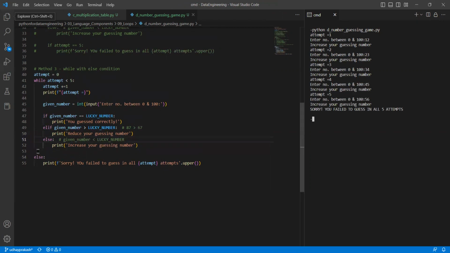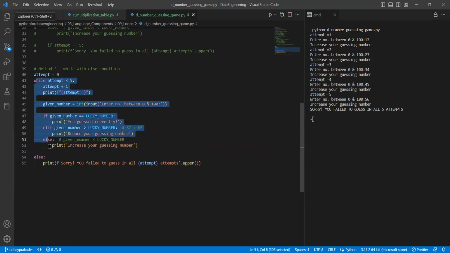Now first you need to understand what this else condition is. Of course, if you are coming from different languages, it is a bit hard to digest, because till now else is there only for if conditions. For a while loop we also have else, which is very interesting. Till now, in if else, if the condition is not satisfied, the else condition will run. But the while loop else condition works in a different way. If it is designed to run for 5 loops and the 5 loops executed, then it will execute the else condition. In which case